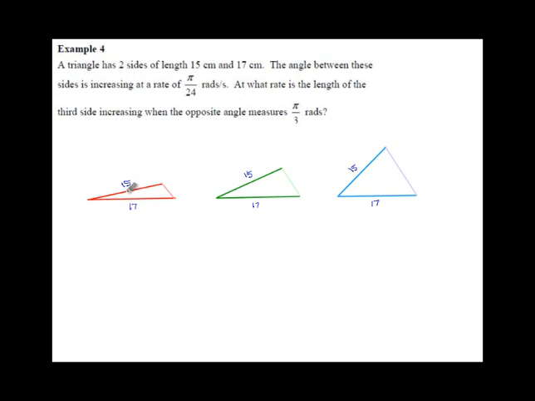And they tell us how fast the angle's increasing. We're going to need a name for that angle, so I'm going to call it theta. That's our kind of standard symbol for an unknown angle or a variable angle. And they ask,